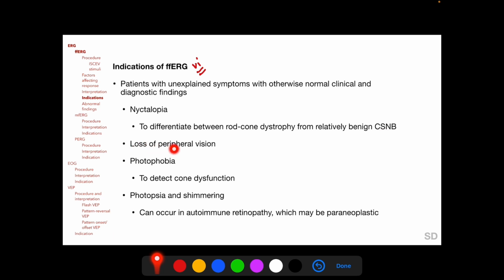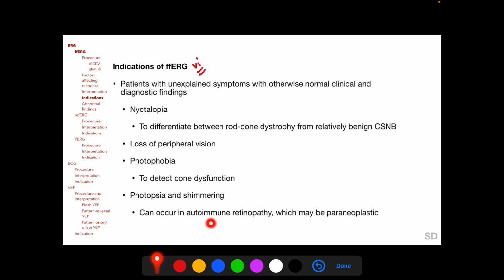In patients with loss of peripheral vision, who usually also complain of nyctalopia, in patients with photophobia to detect cone dysfunction, and in patients with photopsia and shimmering, which may occur in autoimmune retinopathy, which may be paraneoplastic and which